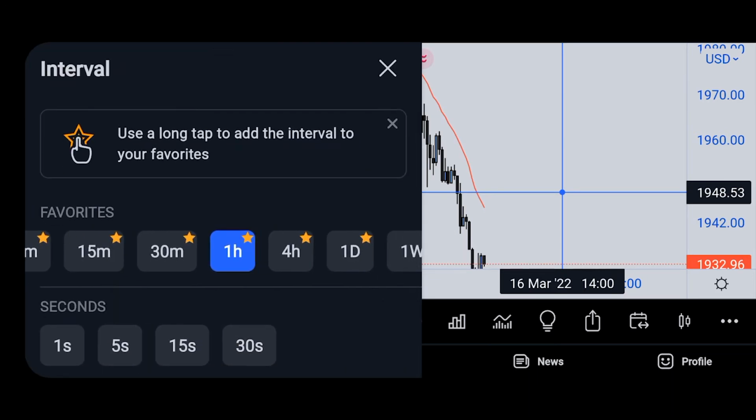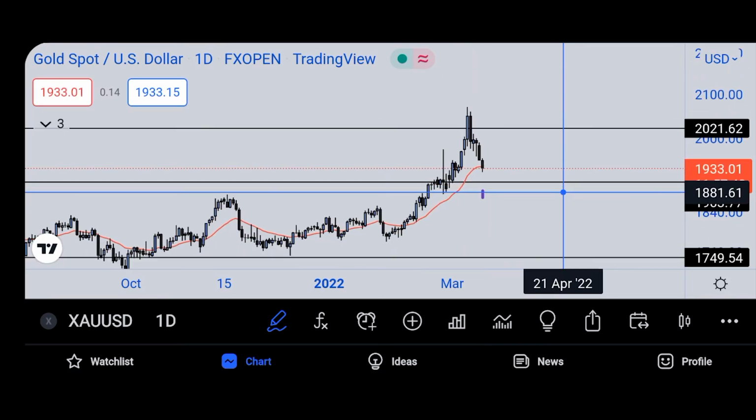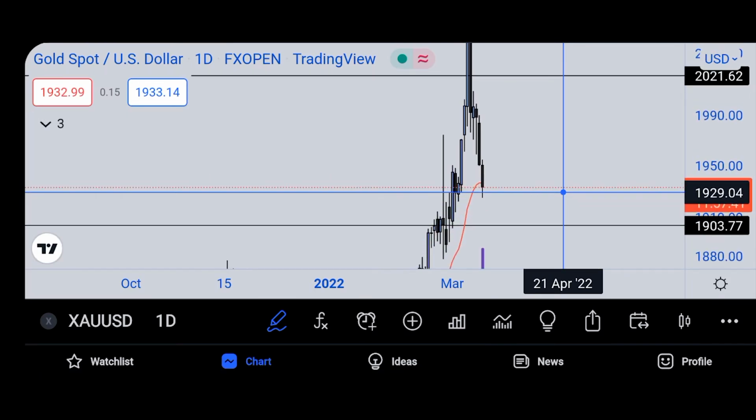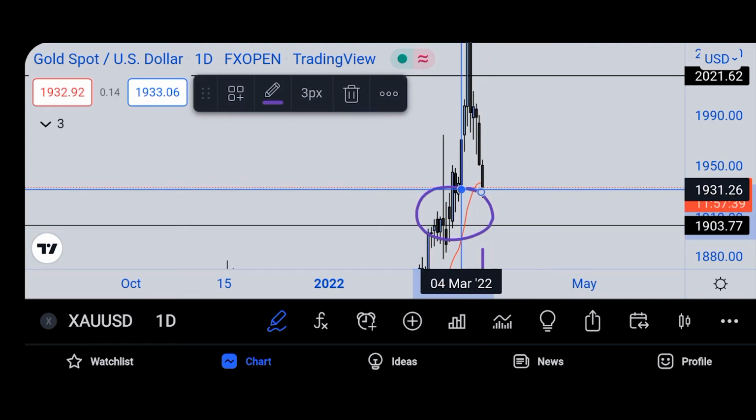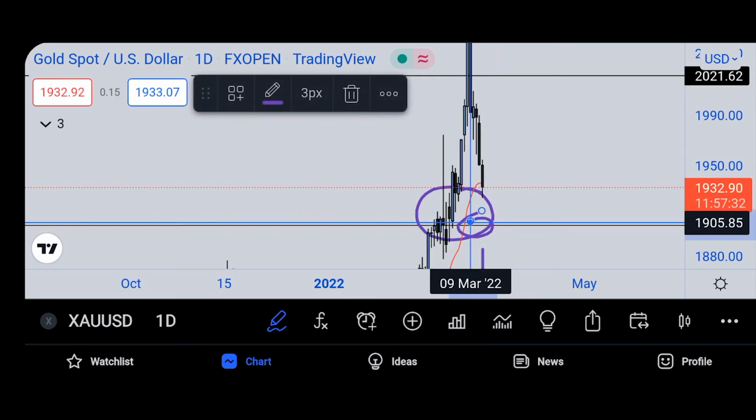So I'm just gonna scale into my daily time frame, right? I'm gonna wait patiently for price to come tap into this area right here for continuation to the upside. But what I first will wait for is weak rejections at this area right here. Once price rejects this area multiple times, I will most likely take buys to the upside,